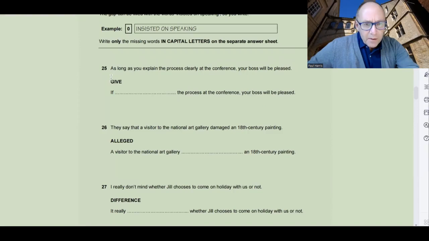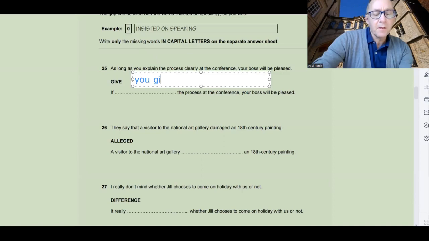The verb we're going to use here is give. And maybe from the verb explain here in the first sentence, we could use the noun explanation, which would fit well with the collocation with give an explanation. Okay, so let's write down an answer here. So if you give,